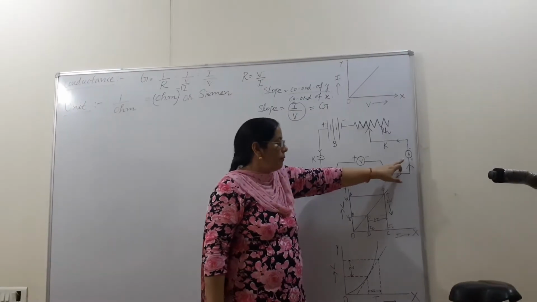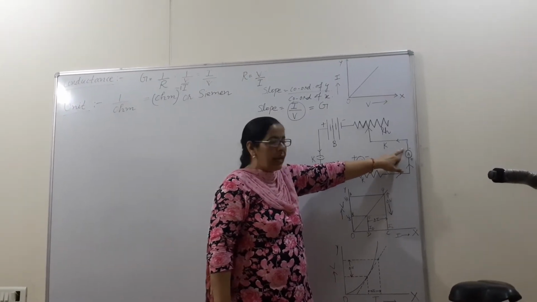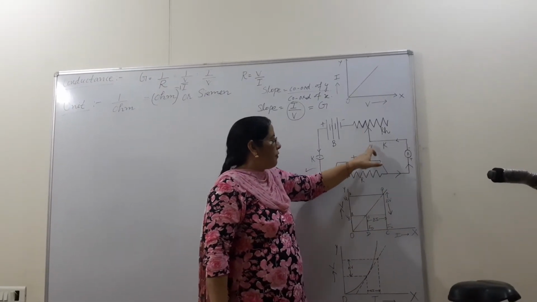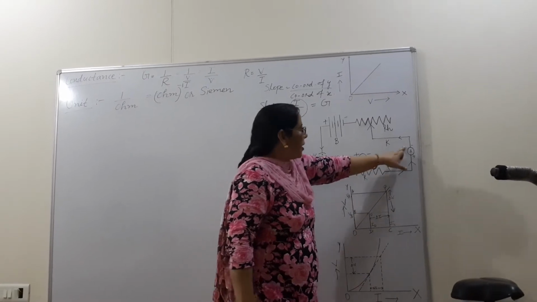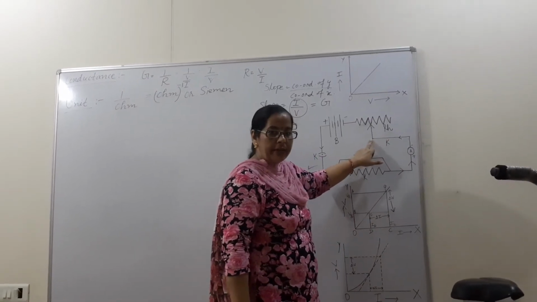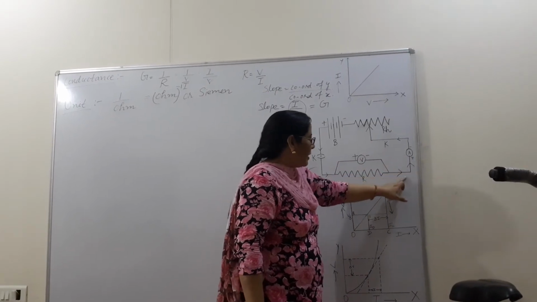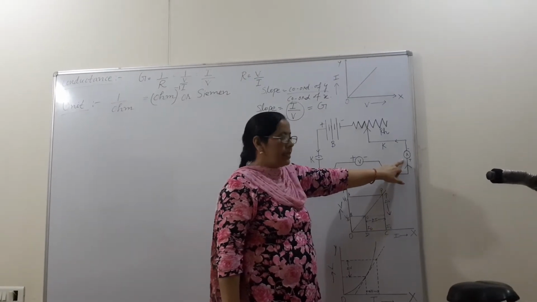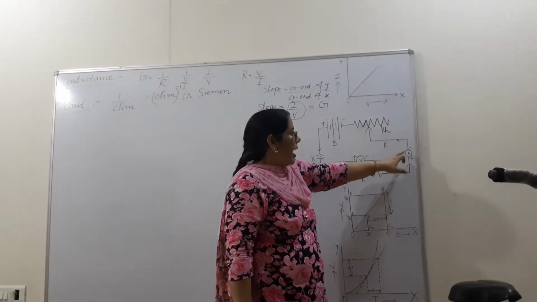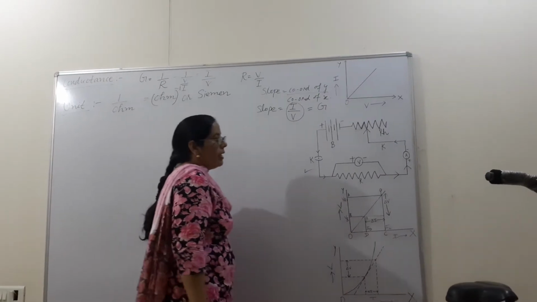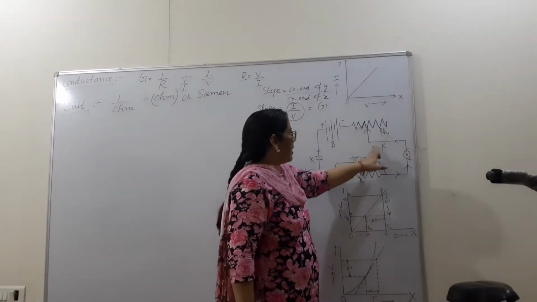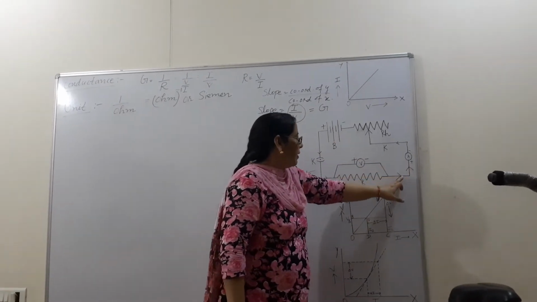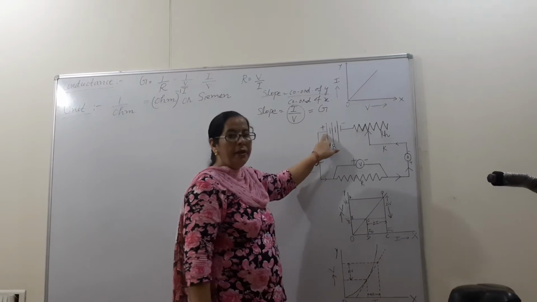Series means you see it has two terminals, positive and negative, and both the terminals are attached with different devices. The negative terminal is attached with the rheostat and the positive terminal is attached with the resistance wire. So the ammeter is in series combination. And second, you have to take care, the negative terminal is indirectly attached with the negative of the battery, and the positive is attached with the positive of the battery.